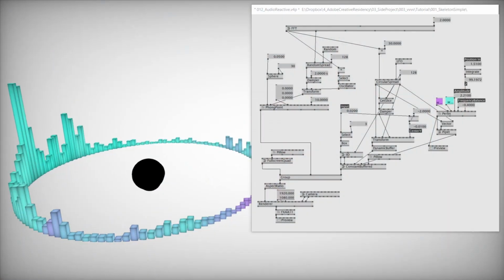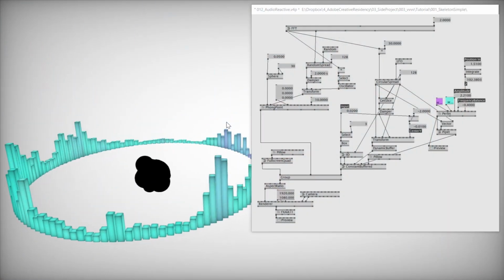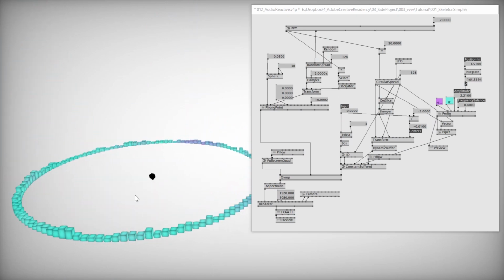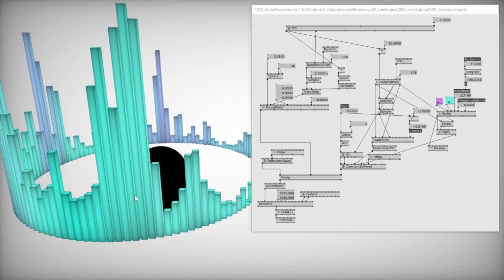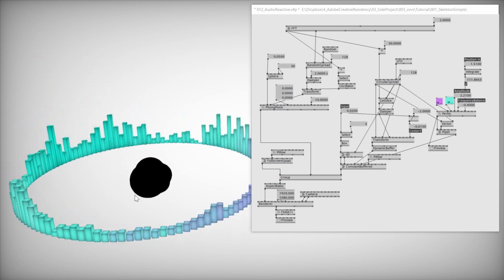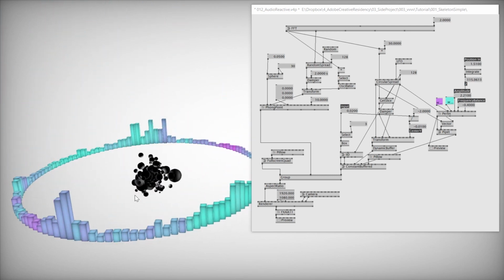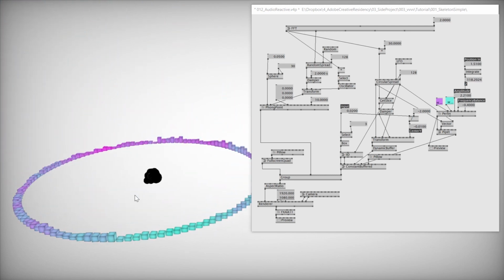I'm an interaction designer based in Kyoto, and with today's tutorial I have a really exciting one. I'm gonna explain how to do an audio reactive thing inside vvvv, and this will be the result we're reaching for today. And yeah, I got really nice feedback on Instagram asking me how to do audio reactive stuff inside vvvv,